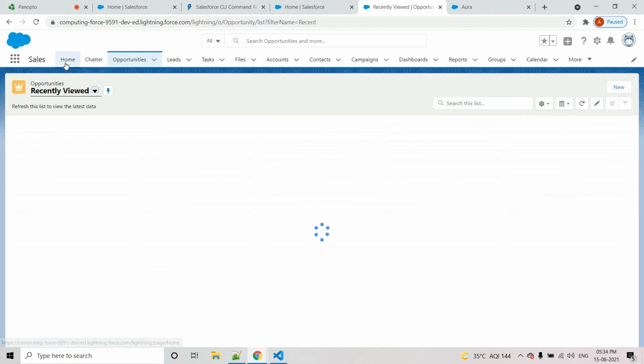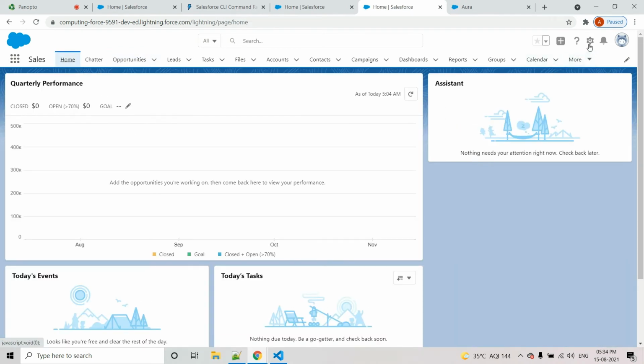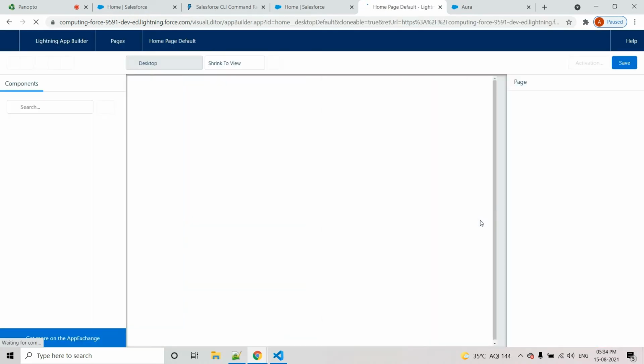Right now, if I try to show you this LWC component on the home page, it will not get reflected because we haven't made the modification in the XML part till now.